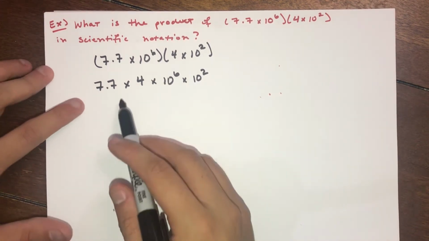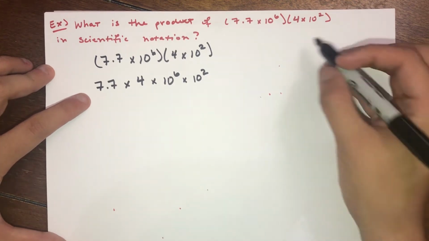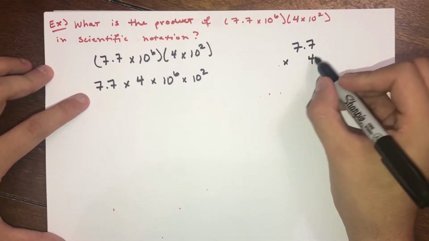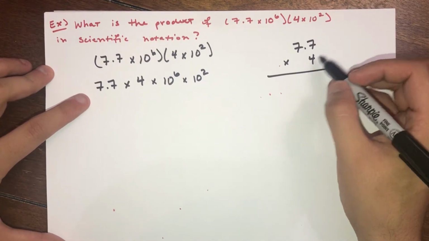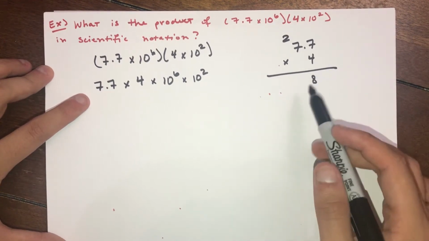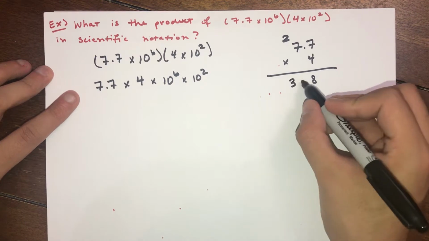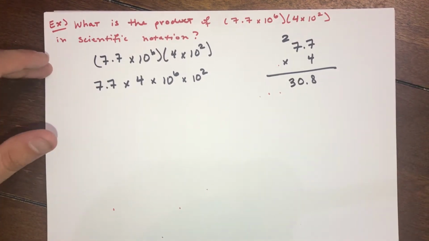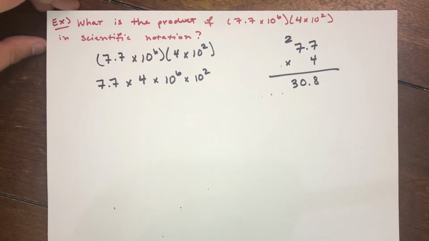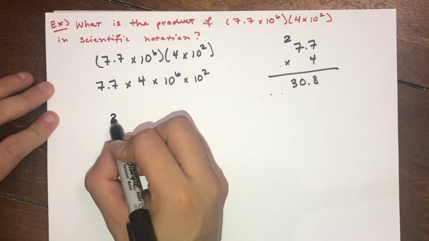All right, so now we're left with 7.7 times 4. If we go over here and do that out, 7.7 times 4: 7 times 4 is 28, carry the 2. 7 times 4 is 28, 28 plus 2 is 30. So we'll get 30.8. You can check that in the calculator if you'd like to. Okay, so now we'll get 30.8